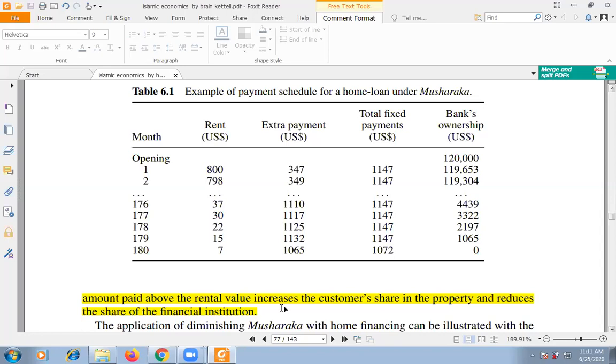Extra payments will increase the share of the client, the customer, and reduce the share of the bank. That is a very, very simple explanation of